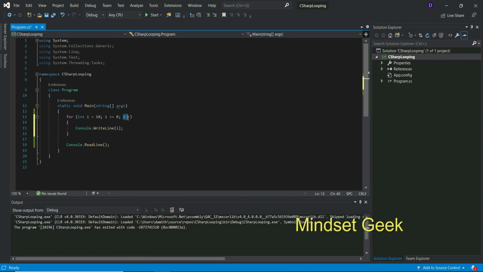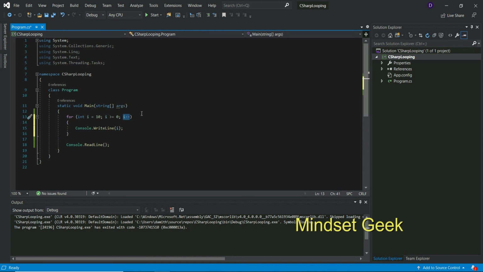Then decrement by 1: 10 minus 1 is 9. Now i is 9. Then check: 9 is greater than or equal to 0, also true. Then again execute this line and decrement by 1.